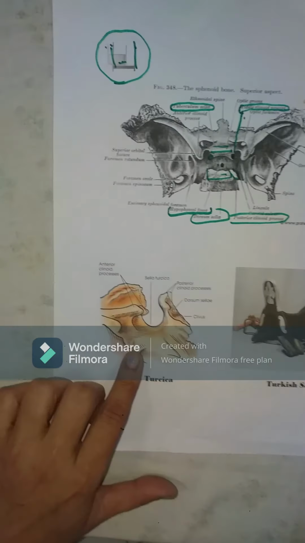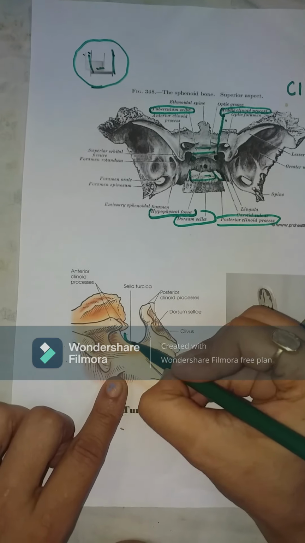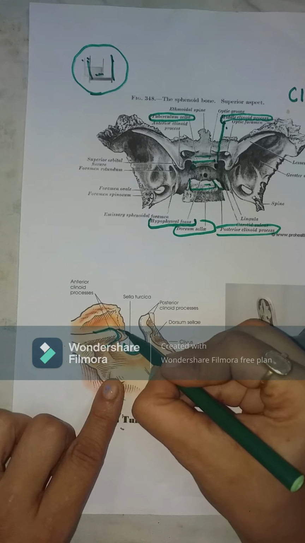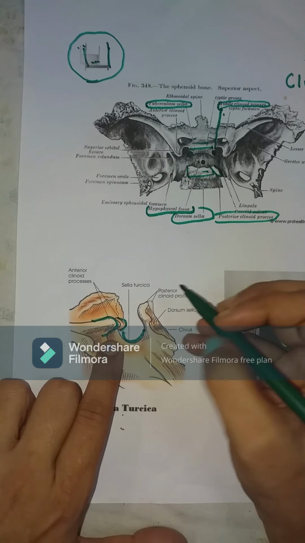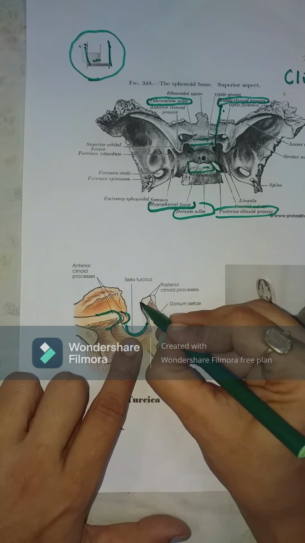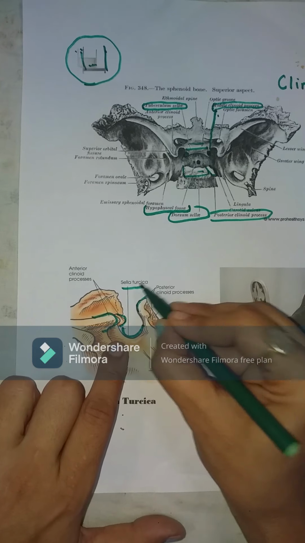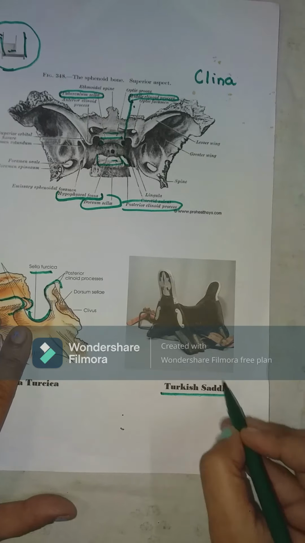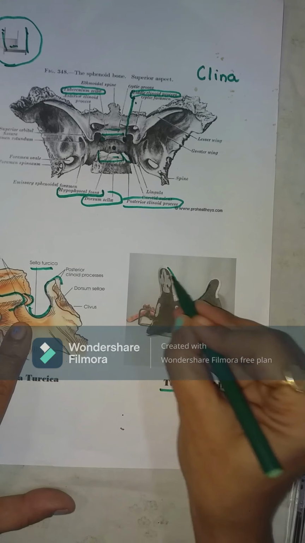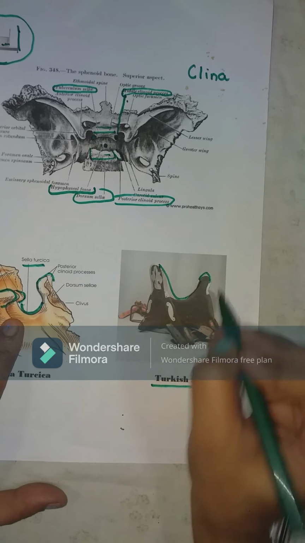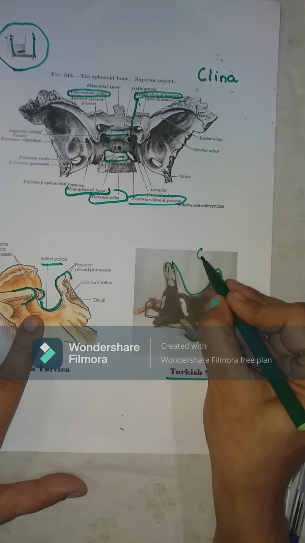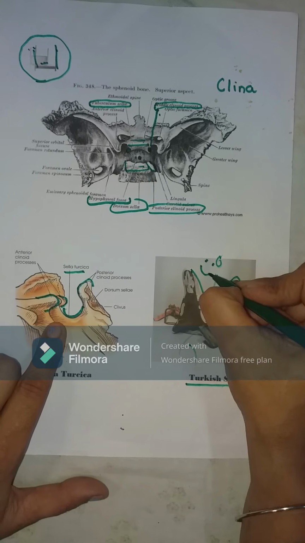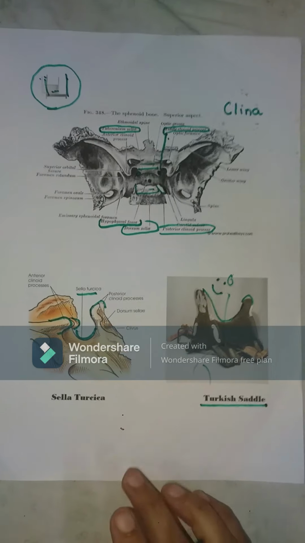And now see here in this picture. This is the sella turcica. These are the elevations of the lesser wing of sphenoid, the anterior clinoid processes, and these are the posterior clinoid processes. Why is sella turcica called sella turcica? Because it is similar to the Turkish saddle. You see, this is the same picture. These are the anterior clinoid processes, these are the posterior clinoid processes, and you sit over here and write through the middle cranial fossa, smiling. Okay?